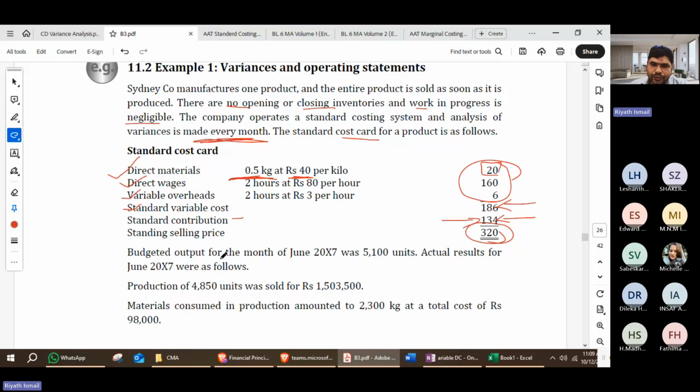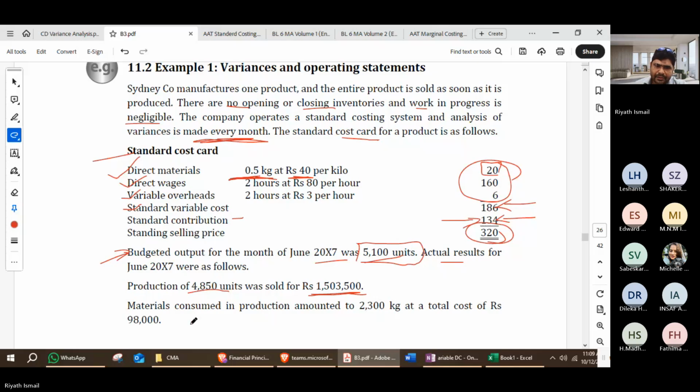The budgeted output for the month of 2017 was 5,100 units, right? This is actual, sorry, budgeted. This is standard, and by this budgeted output for the month, 5,100. Actual results for June 2017 are as follows. Production 4,850, and the sales